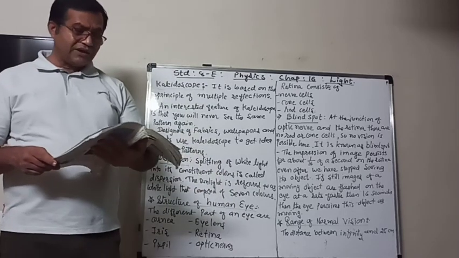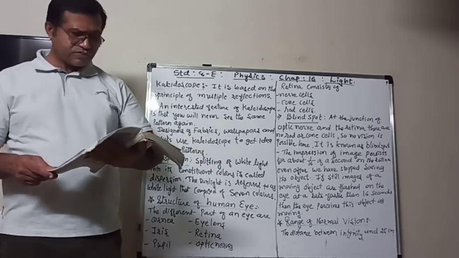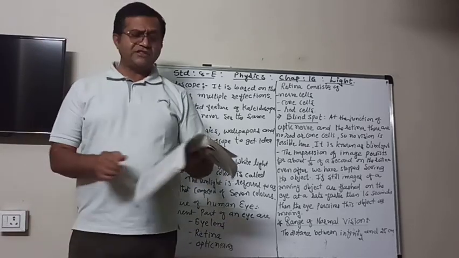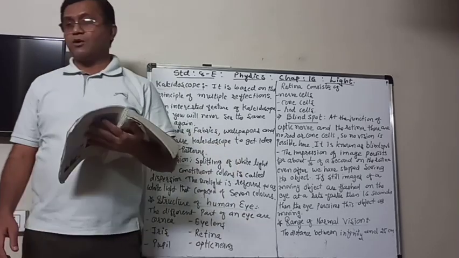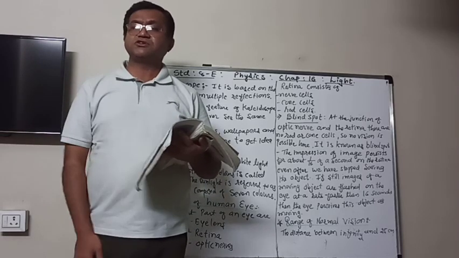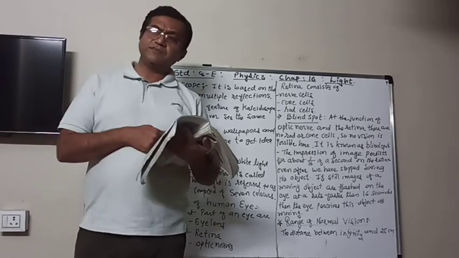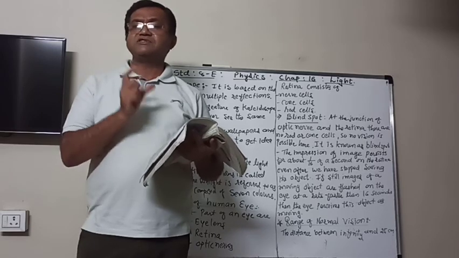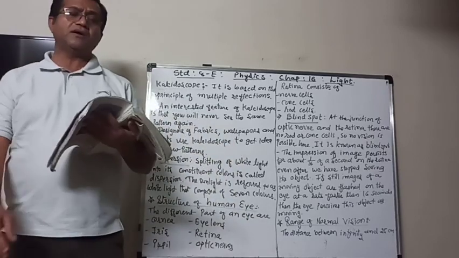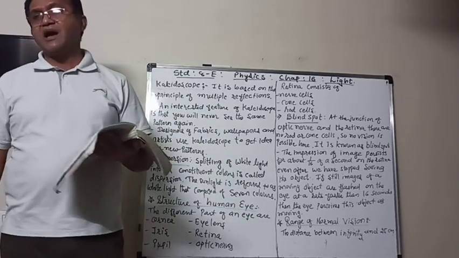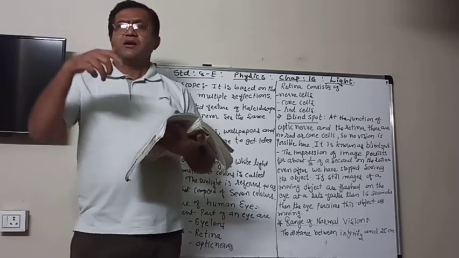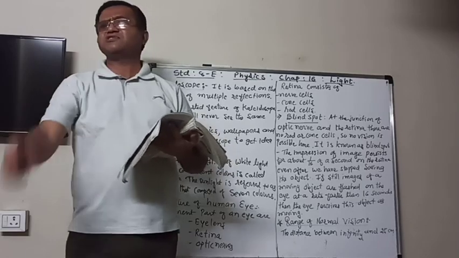So here we learn about these things, and there is an activity about it that I told you about. For that, you have to take two cardboards of the same size. On one side you draw a cage for a bird, and on the other side you draw a bird which is smaller than the cage, so that it can be accommodated in the cage. Now tie them together with a string at the back, then hang it and move it very fast.